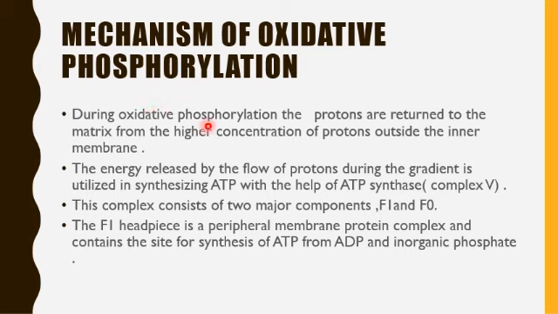During oxidative phosphorylation, the protons are returned to the matrix from the higher concentration of protons outside the inner membrane. The energy released by the flow of protons down the gradient is utilized in synthesizing ATP with the help of ATP synthetase, the complex 5. This complex consists of two major components, F1 and F0. The F1 headpiece is a peripheral membrane protein complex and contains the site for the synthesis of ATP from ADP and